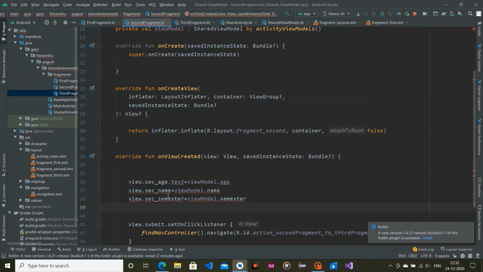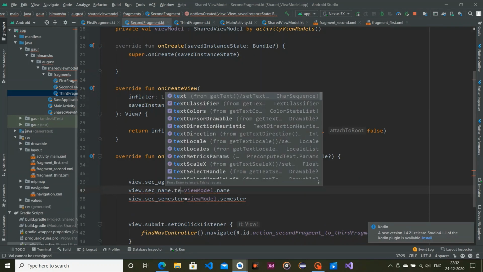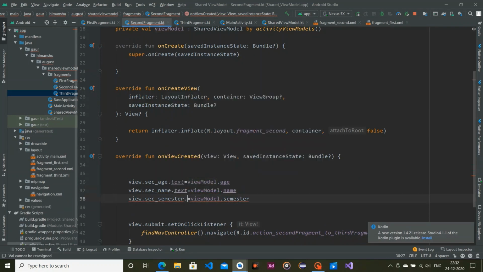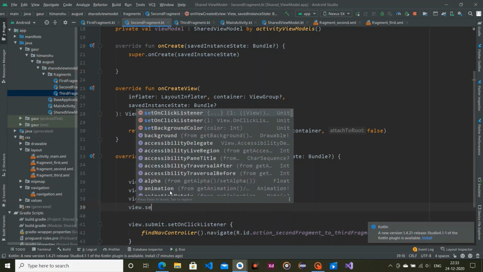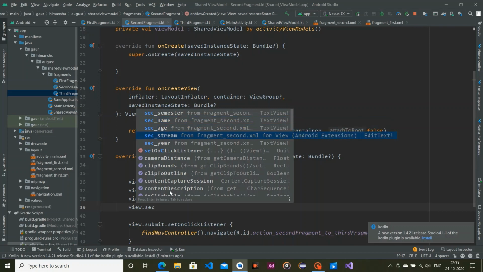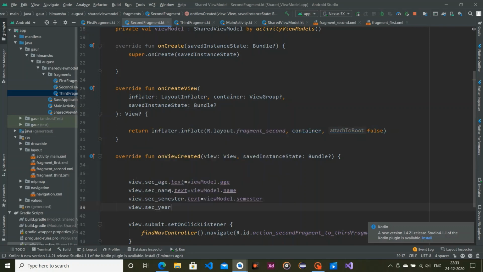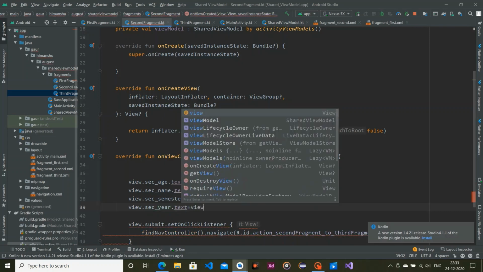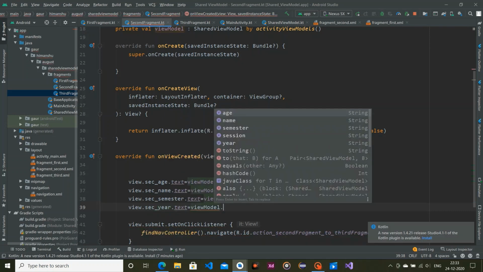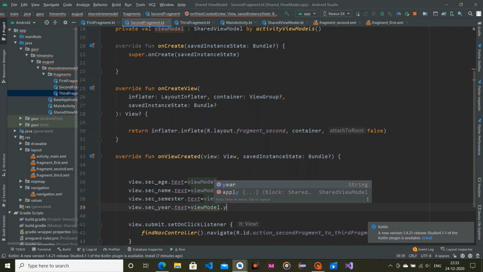Okay, so use text too, so text, yes. View dot, so we have a stream which is an edit text, year.text is equal to viewModel.year.